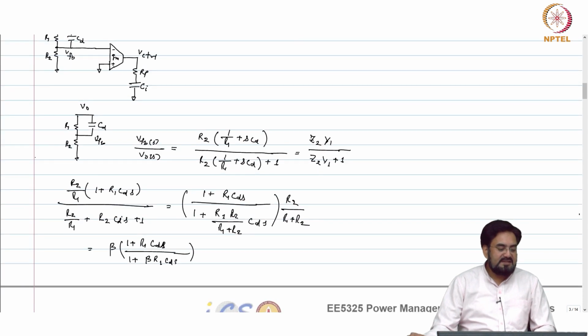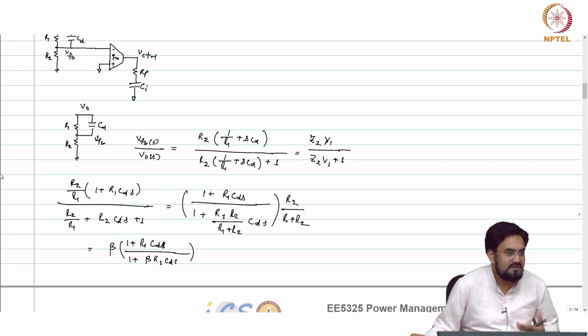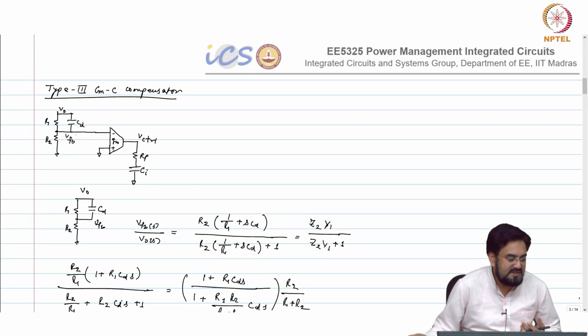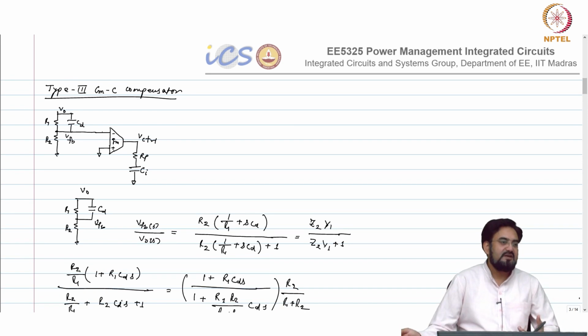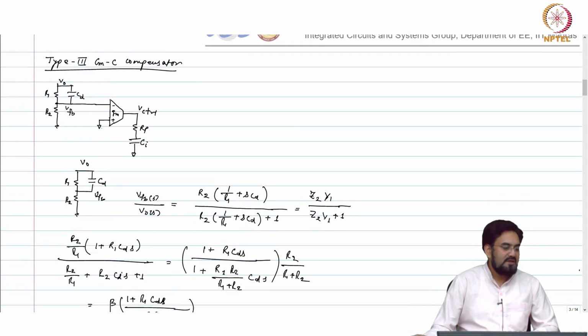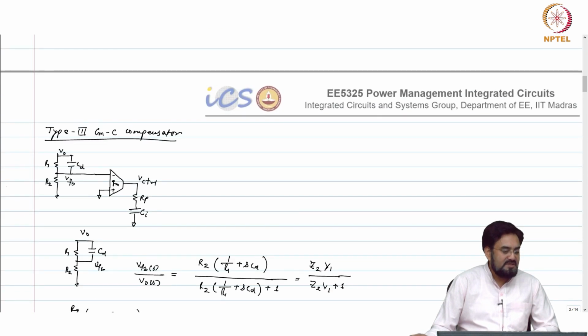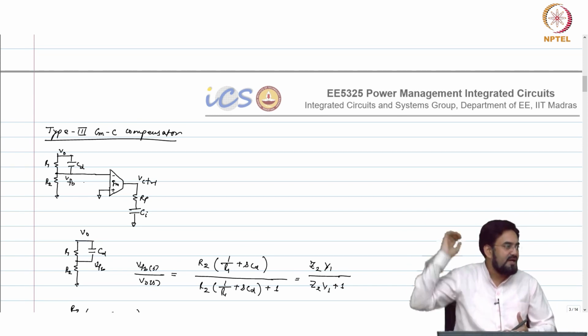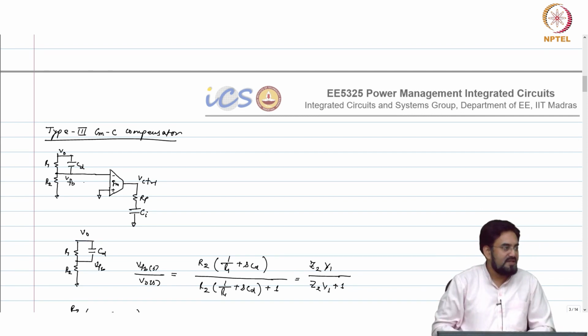So if beta is, let us say 1, they will cancel out each other. So the effect of 0 is gone, because beta 1 means R2 is gone. If I remove R2, then beta becomes 1. So whether you have this cap or not, this GM input will always see V out. So this capacitor will not help. But if you have a beta factor, which means the feedback voltage is divided depending upon beta, and if your beta is much smaller, let us say 1 by 100, then you get a 100 times gain advantage there, and the effect of 0 will come into picture.